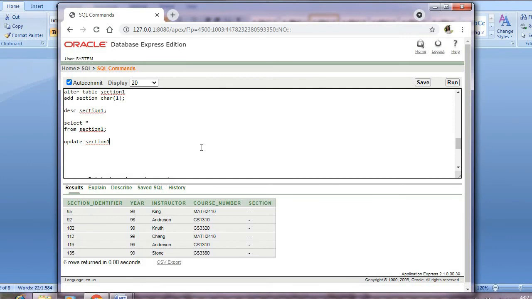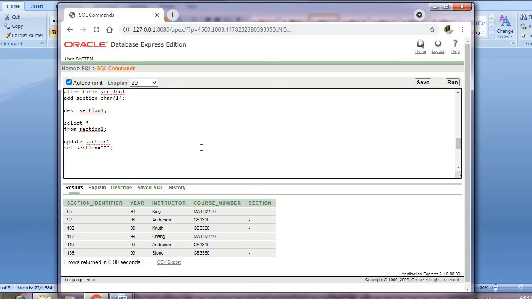First you have to specify the table, then set a new value to the attribute, that is section equals 'D'. Are you able to understand? I added a new attribute to the table section by making use of the command ALTER. Now the section column is completely empty, so I have to put the new value to it. To put the new value, I have made use of the command UPDATE.